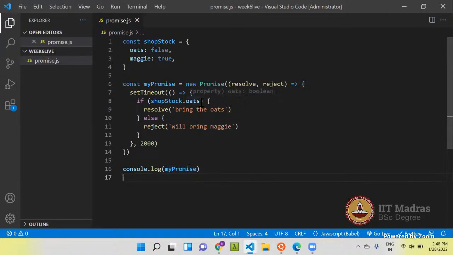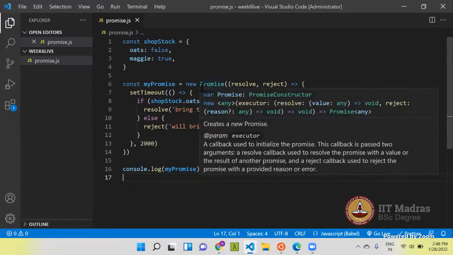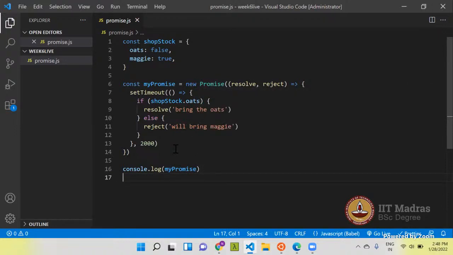Now, what I said in the beginning is that a promise is just a proxy for some value. In this case it is a proxy for two values, bring the oats and will bring Maggie. So how will I fetch these two values?